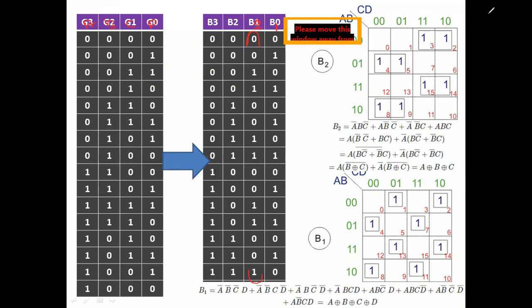Here there is no possibility of grouping all 16 ones, no chance of grouping 8 ones or 4 ones. There are possibilities of grouping 2 ones, so by grouping this, taking the common variable outside,